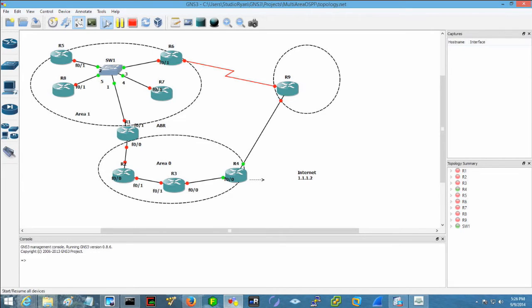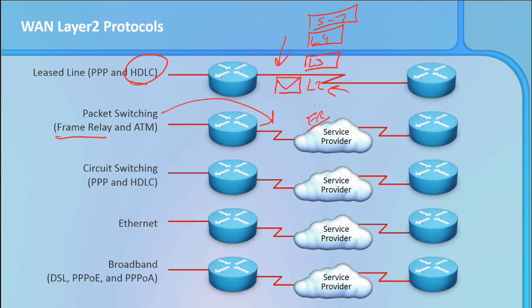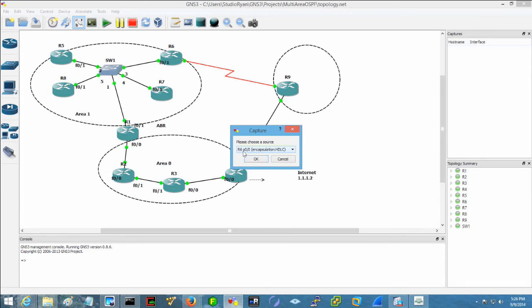I can hit play and try to bring this up. Now, what I really like about this, the reason I say this is such a good tool for learning on and just kind of being a network nerd, is I was doing this for many, many years, and I never once in my life saw an HDLC frame in Wireshark because I don't have a way to get on an HDLC circuit and see that layer 2 connection. How do I see what this actually looks like? So what we're doing today is we're going to build a connection between R6 and R9 that's a serial link. And if you right-click on it, you can start capturing. And I can say, show me a copy of everything that's going through R6 serial 0.